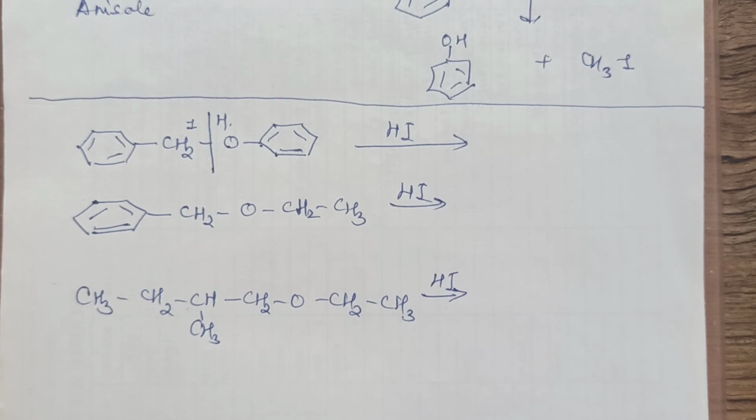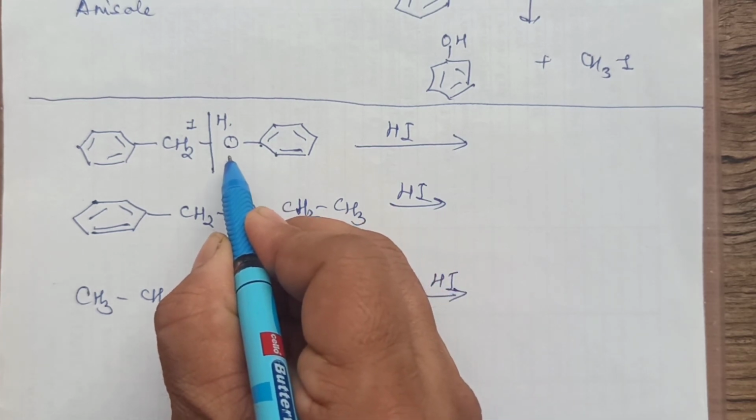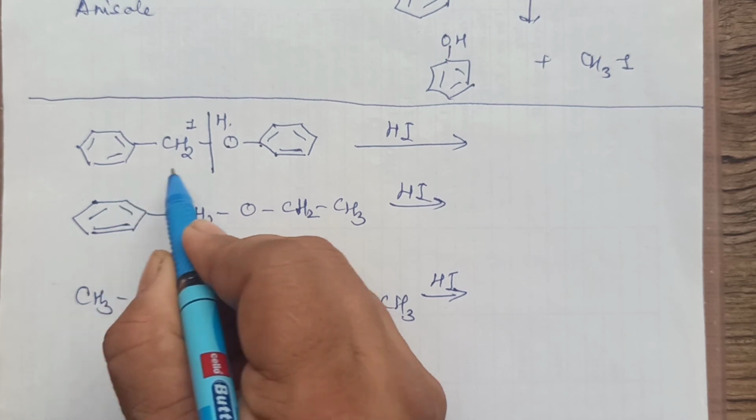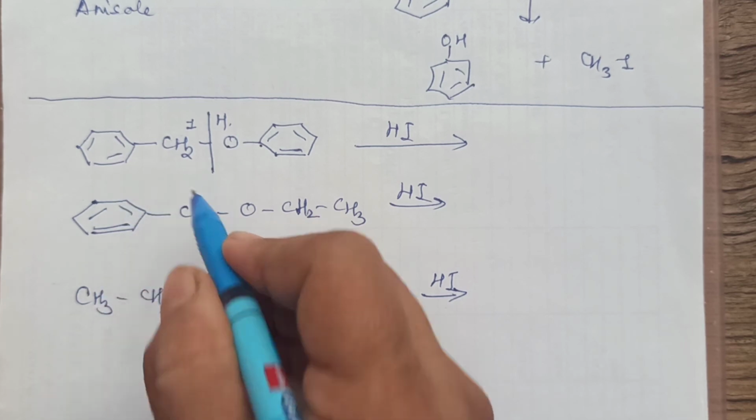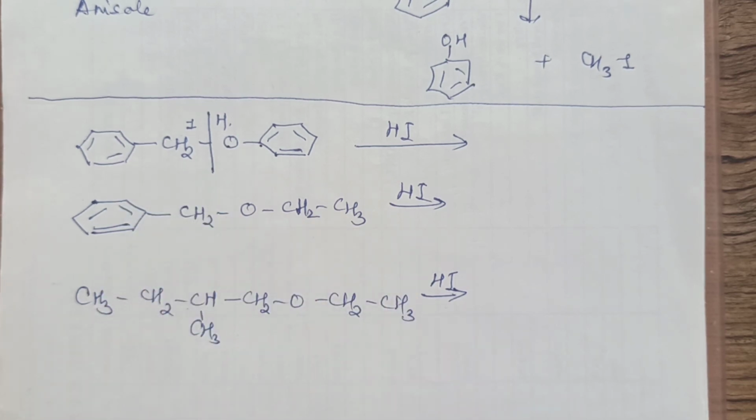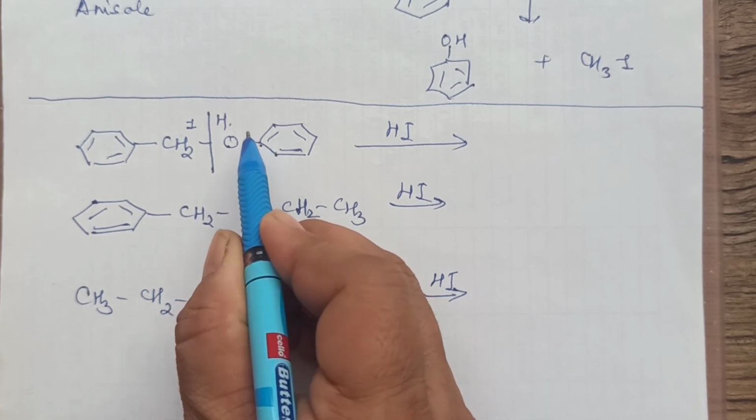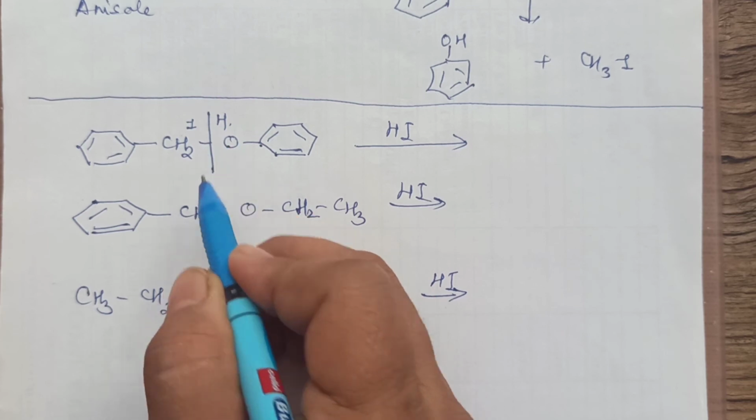Did you follow this? Otherwise also, when this is getting protonated, one side is forming a benzyl carbocation which is more stable. So it will definitely follow the SN1 mechanism. That is, the benzyl carbocation will be formed and then that cation will be attacked by I minus. Okay. Ring attached to O, this bond will never break. So break the other side.